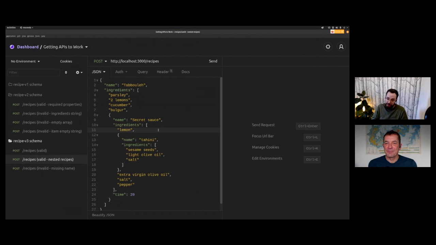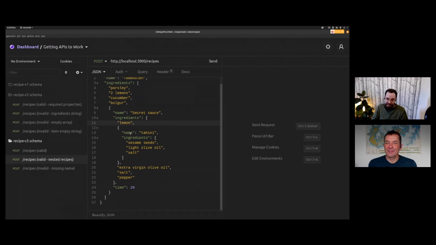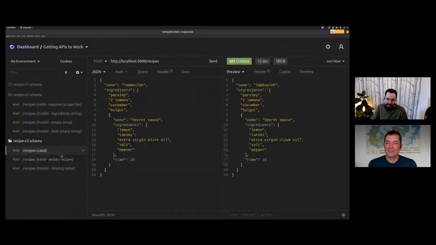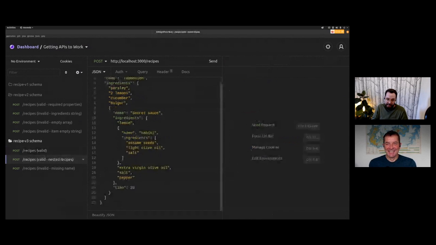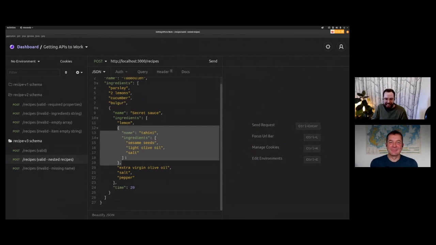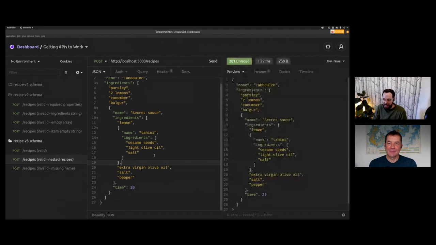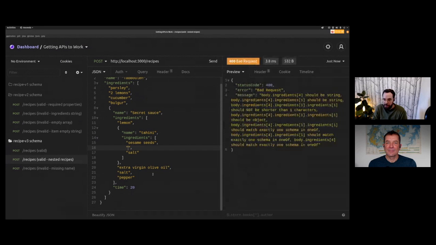So you're making the secret sauce, and then you discover that actually you need to make some tahini. In the previous recipe, it was store-bought tahini in a jar, but now you've got to make it from scratch. And so we're here two levels down in our ingredients, and we're going to pass through another recipe, which is for the tahini. So we'll pass that through. And that's all validating nicely, and we can prove that this is working and validating correctly by changing this and making that an empty string, for example. See what we get back, and